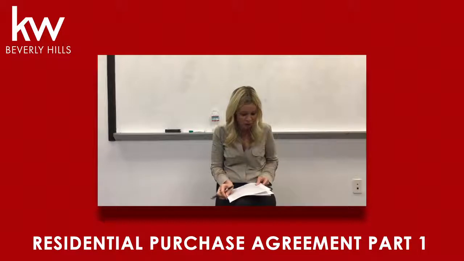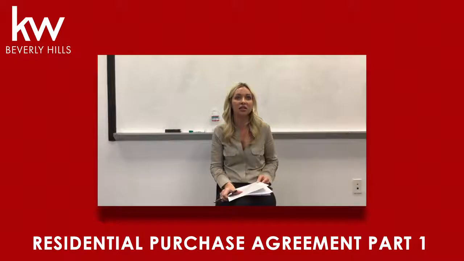capacity. If the buyer or seller are on contract or on title as anything other than an individual person's name, this means trust, estate, Inc., anything like that, you'll have a document called RCSD, either -B for buyer or -S for seller. So if you're writing a contract and you see the name of a trust, you can expect that the listing agent needs to provide you with an RCSD-S,